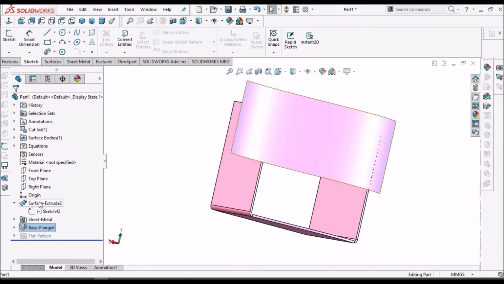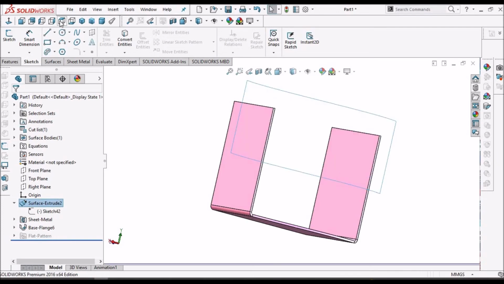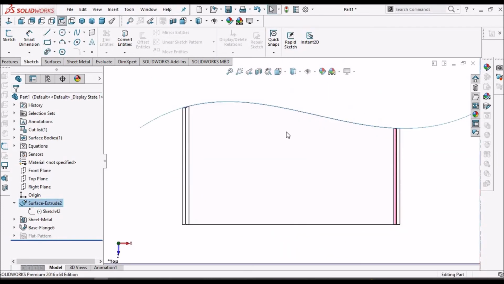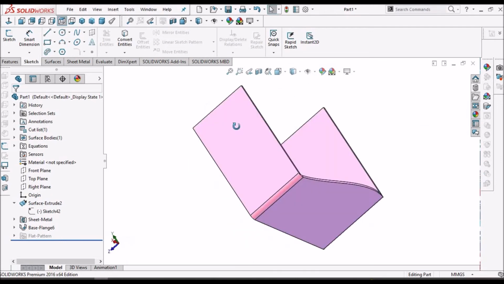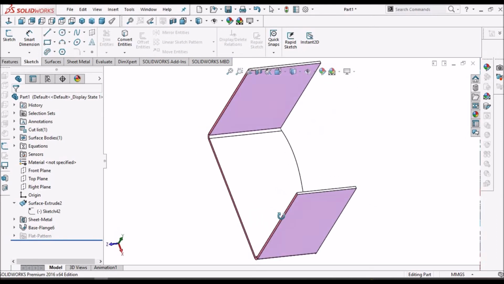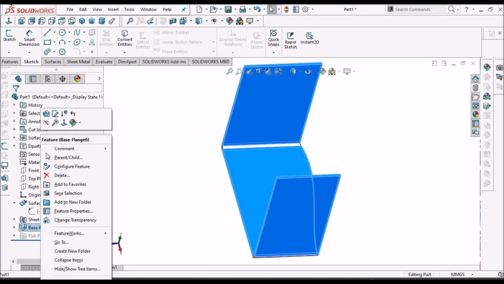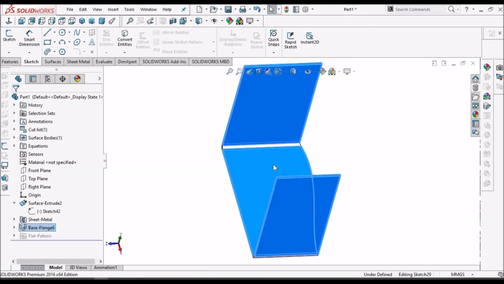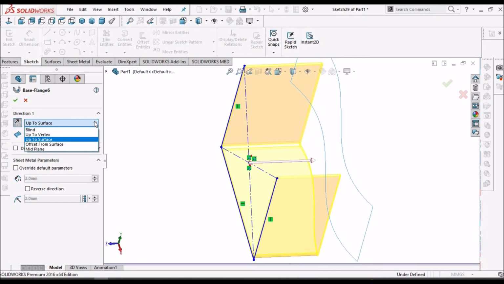So when I hide this surface and see from the top view, see, the feature is moving in this direction. So that is the advantage. So these operations are useful for automobile components.